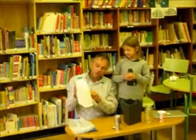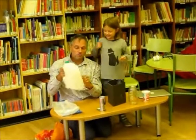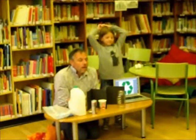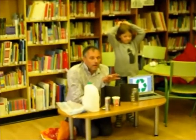Yeah, so recycling is also to use something for something else. You could cut this and make a cup for drinking, or you could put it for flowers. In Africa, okay, we do a lot of recycling, but it's very different to recycling here. We don't have big machines to make it all and to melt it all, so we have to do recycling